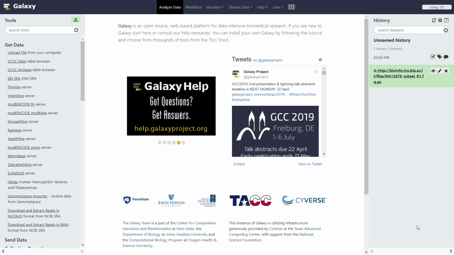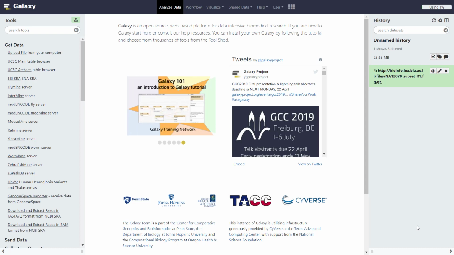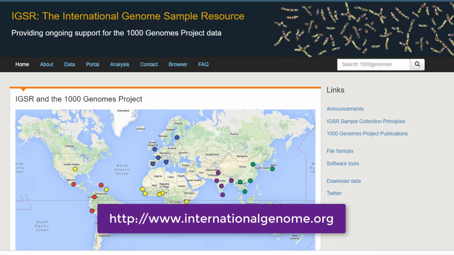For demonstration purposes, the input file, the FASTQ file, contains only partial data, those reads mapping to a subsection of chromosome 10. In addition, the original data was paired end, and we will only use the single end for the purpose of this demonstration. The whole raw dataset is available at the 1000 Genome website.